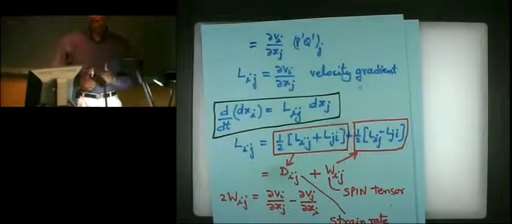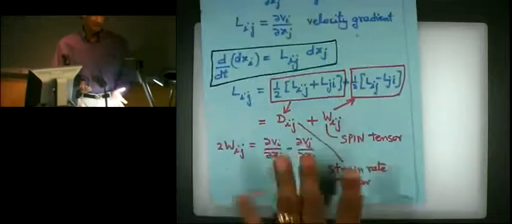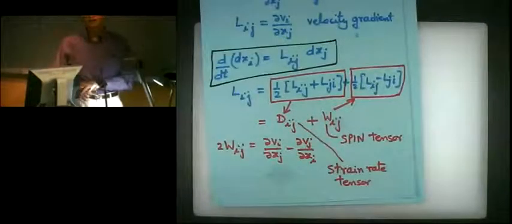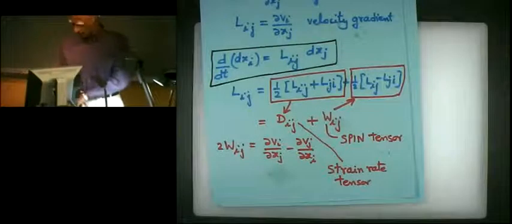And then we wrote L as the symmetric part and the skew symmetric part. The symmetric part is the strain rate tensor. The skew symmetric part is the spin tensor, related to the vorticity vector. And last time we more or less stayed focused on the spin tensor or the vorticity vector. And today we will stay focused on the symmetric part, Dij. So what does Dij mean? Okay. So that's where we are headed.